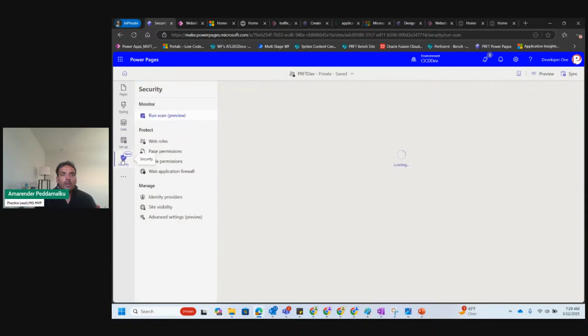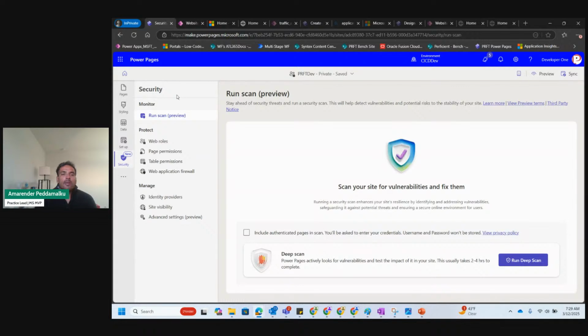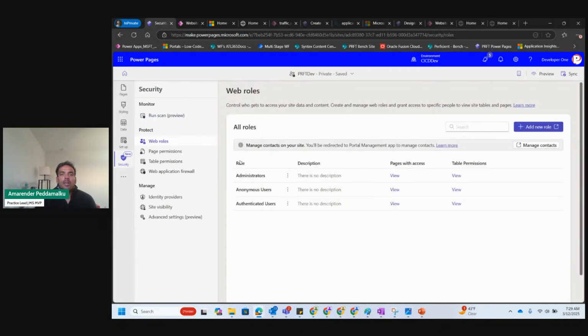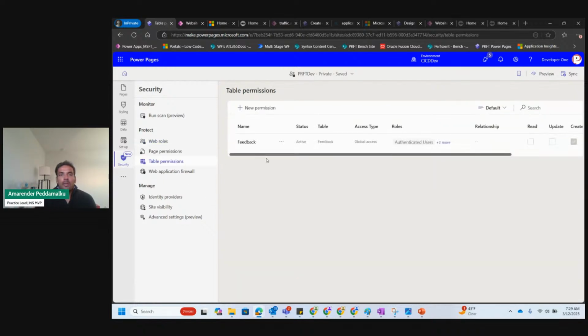And if you go to security, this is where you see different security controls. And if you go to web roles, you can create different roles like administrators, anonymous users, and authenticated users. And you can control who can do what on your tables. So if you go to table permissions right here, you see the feedback table that I have here.